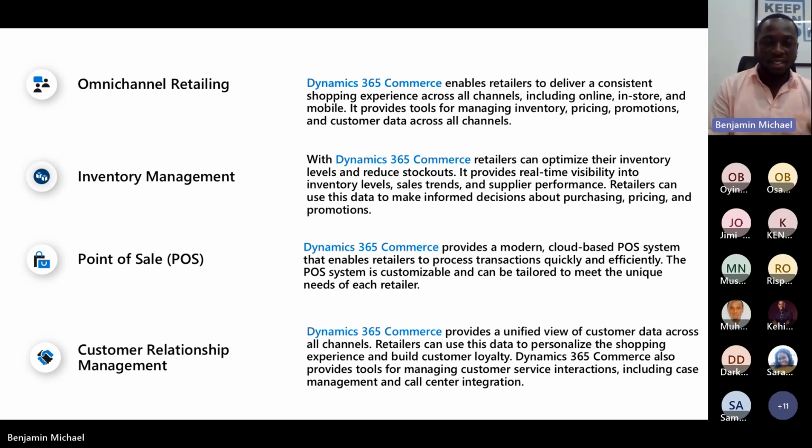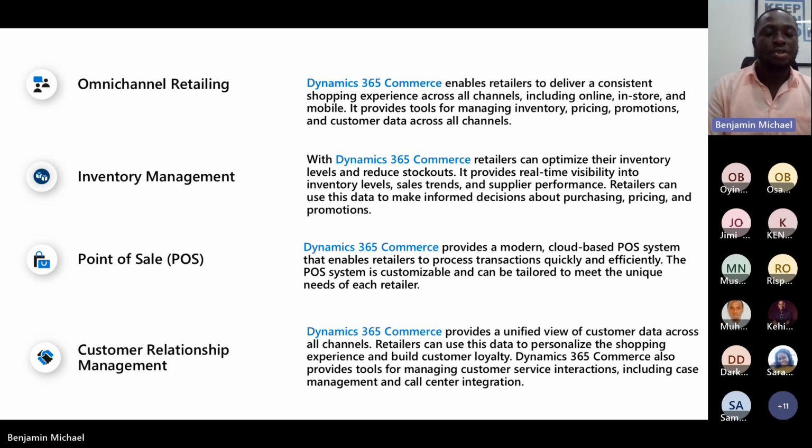The cloud-based point of sale is available online, while the modern point of sale is available for businesses even when their network is disrupted. So the point of sale solution is customizable to fit any unique needs of your business or any retailer.